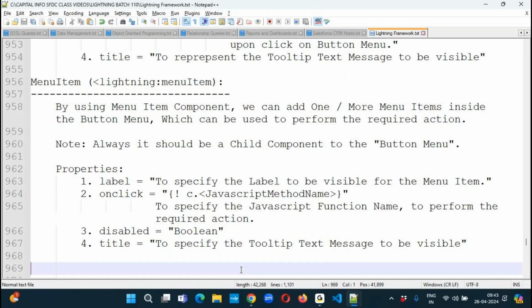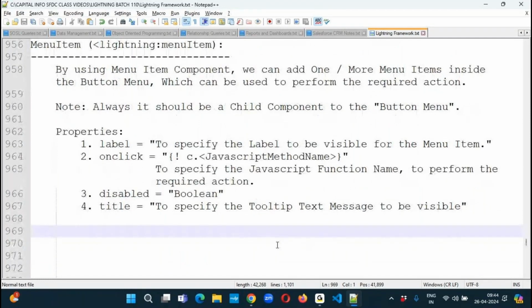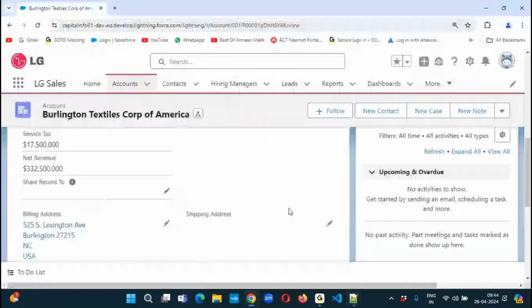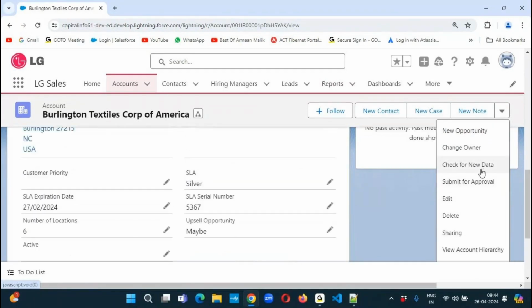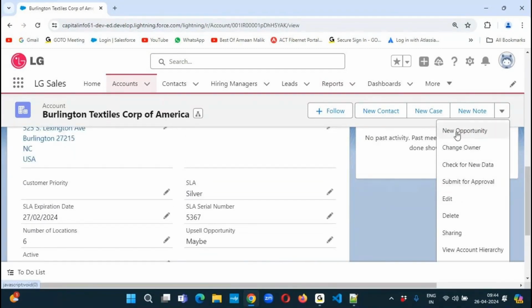Done with these properties. Now, let's see how we can design a lightning component to represent the button menu with the required options. My requirement is I want to design a button menu exactly like this. Inside this button menu, I would like to place all these menu items, like new opportunity,